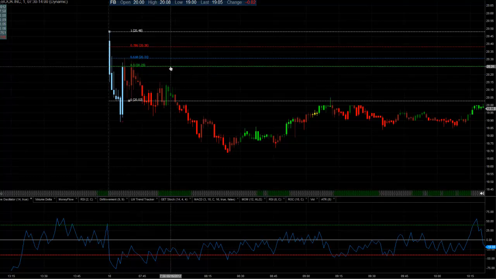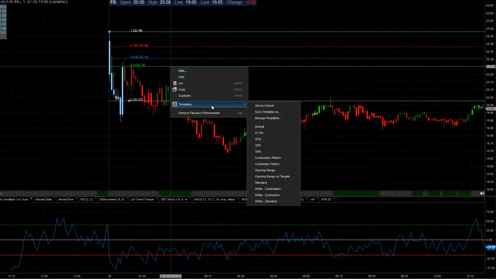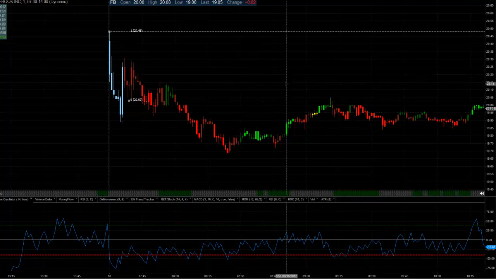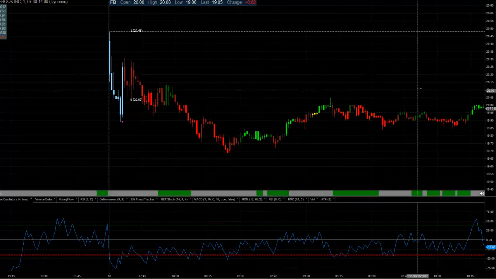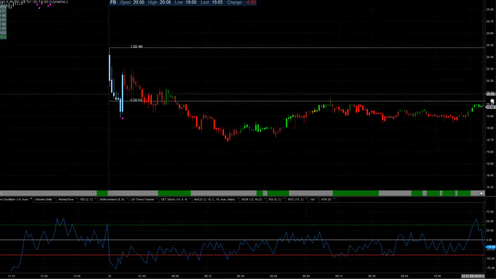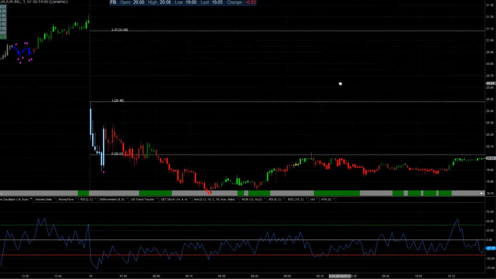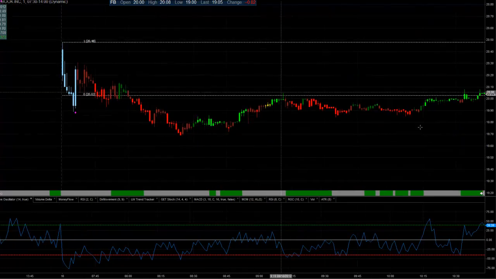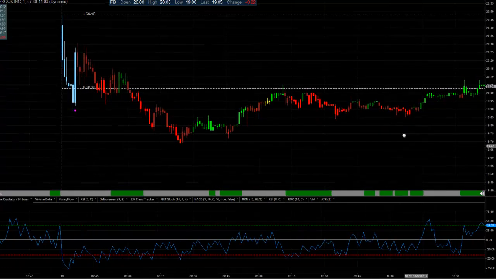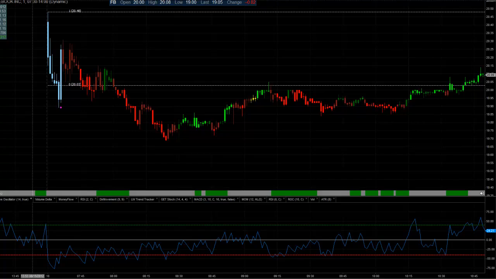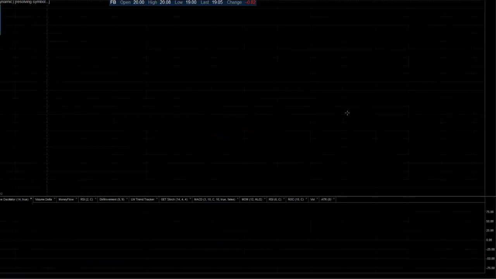And then I could say I want to have a template, and I want to have this as the opening range template with targets. So there, that's the equivalent to opening range, but it's drawn manually on other days. So you could actually see that. I go back 2 days in Facebook, for example. Let's go back to my 3 minute chart,